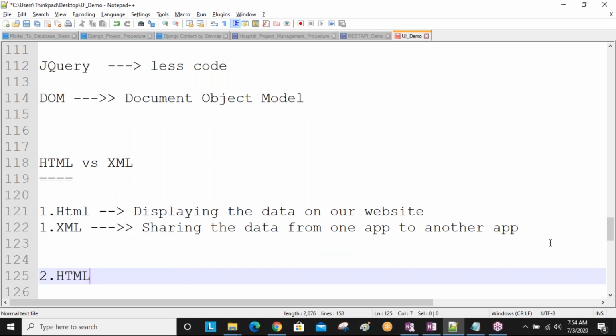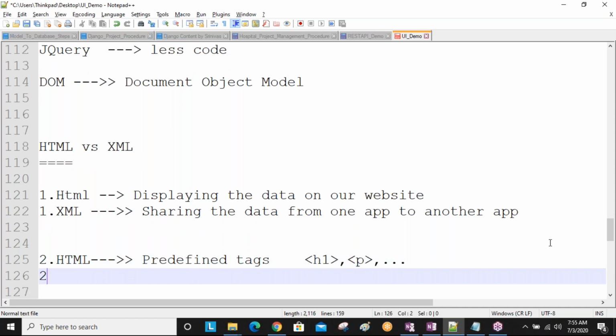Okay, next, second difference. HTML contains predefined tags. Tag means like this, H1, like this, P, and so many things. These all have predefined meaning.